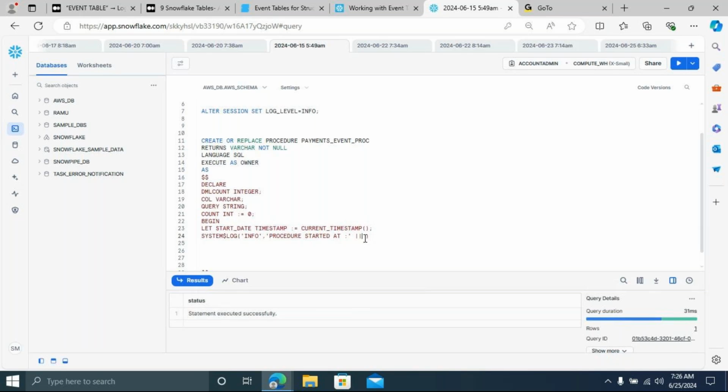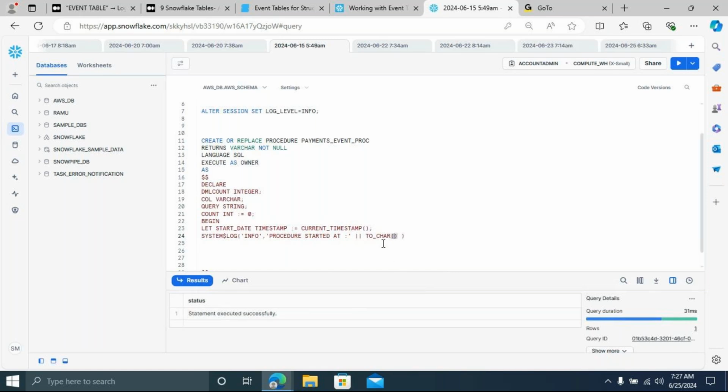What function do I have to use? Cast, sir. Cast. Who said cast? I want to convert timestamp into a varchar or string. What function will you use? To_char, sir. To_char. That's what my expectation is. To_char. Just pass start date.